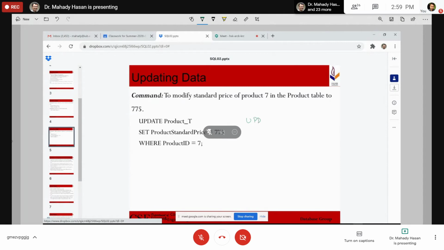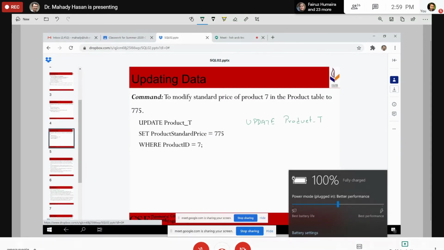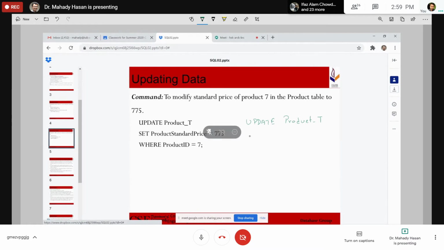So you're saying update product T set product standard price, will that work?